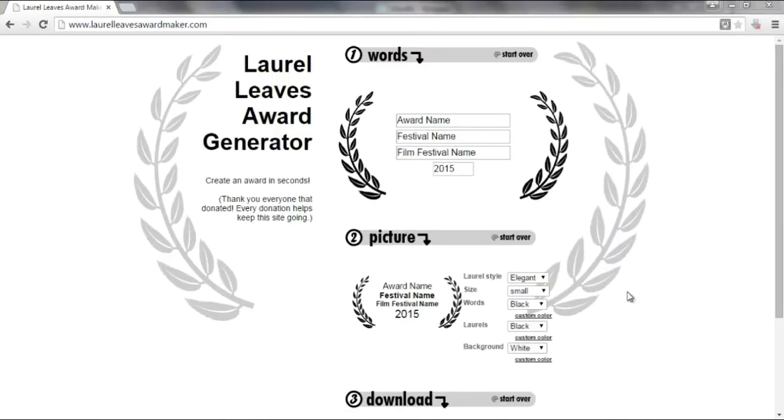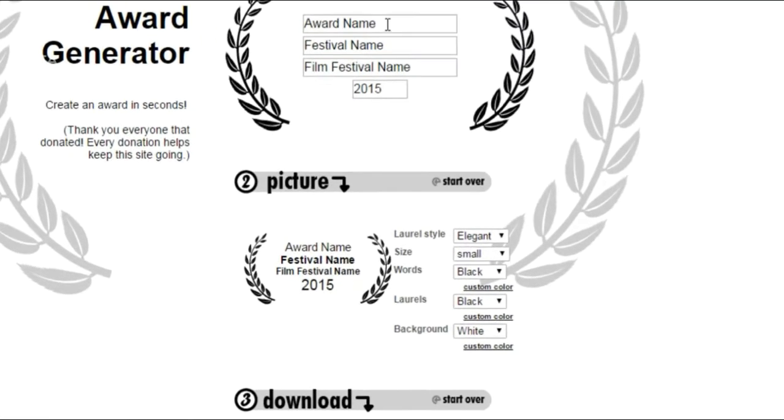Now, I'm sure you've seen this type of award graphic before, like this here. So it's a little bit like the Invest That in People logo. Now, this website here called Laurel Leaves Award Maker enables you to generate your own graphic of this type using a really simple text entry format. So what we can do here is we could put